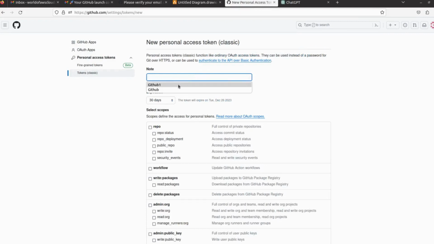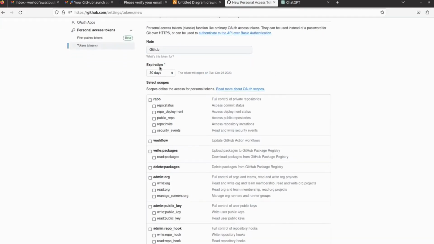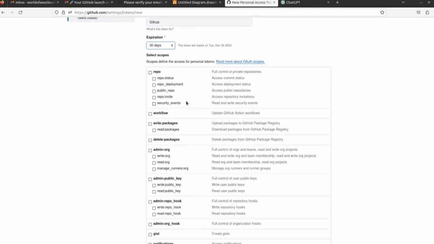I am going to give it the name GitHub, and you can select the expiration for your access token according to your requirement. After that many days your token will not work, and you have to generate another token.